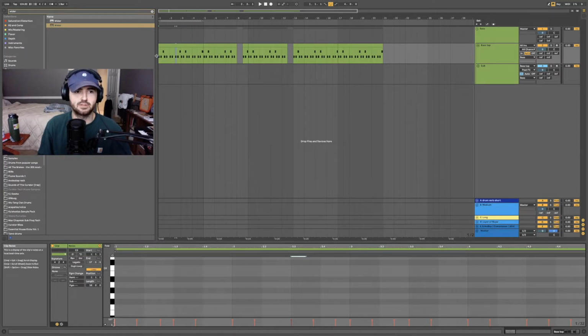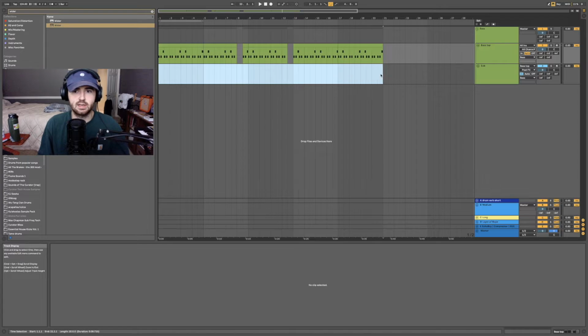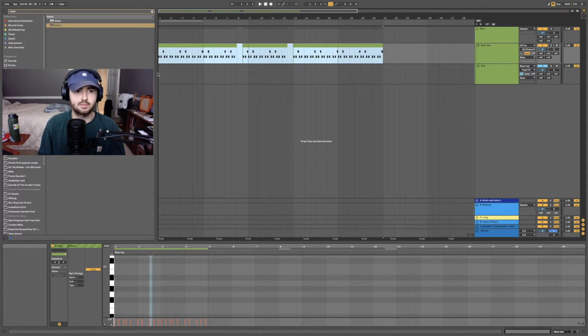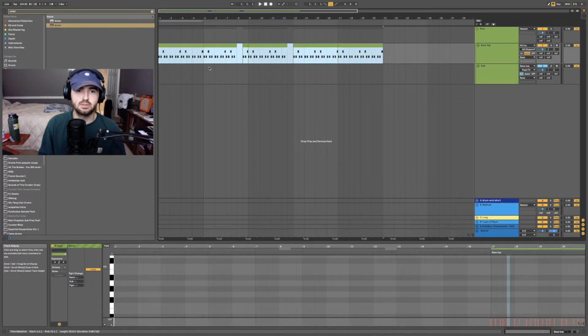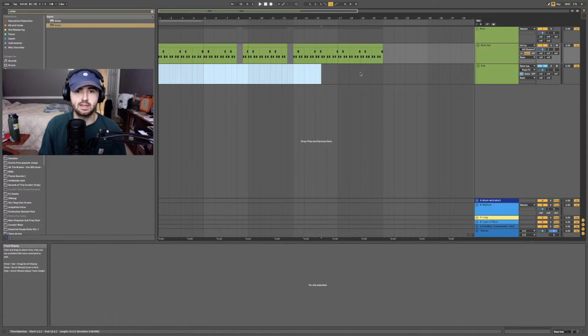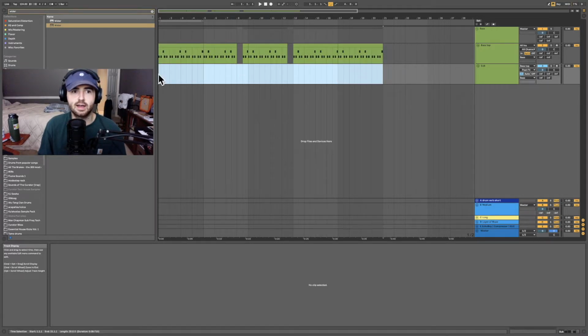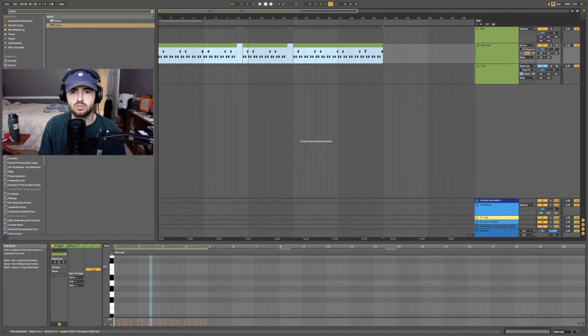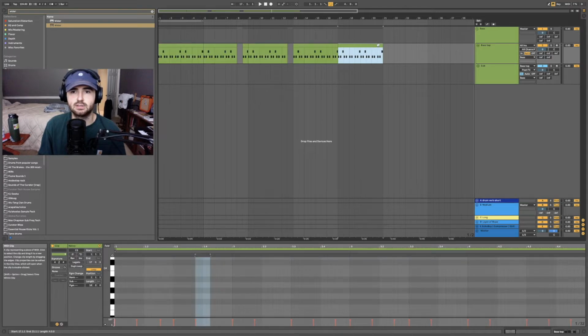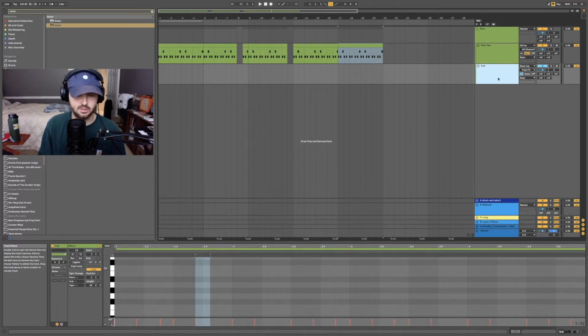You don't want to have to copy and delete and copy and paste all of the same stuff however many times. Like, you might even have 3 different layers within your bass sound. You don't want to have to meticulously make sure that each MIDI track has the exact same information as what you want. So if you're only using one track to dispense the MIDI information to the rest of your instruments,